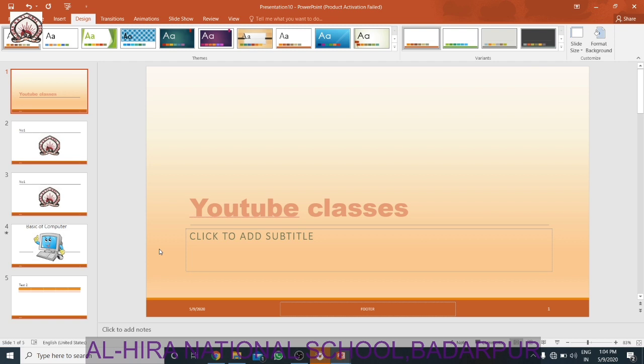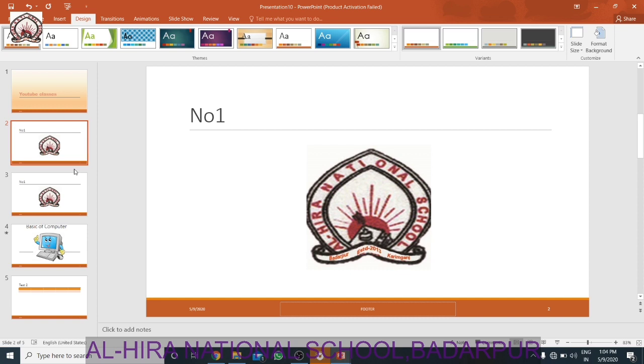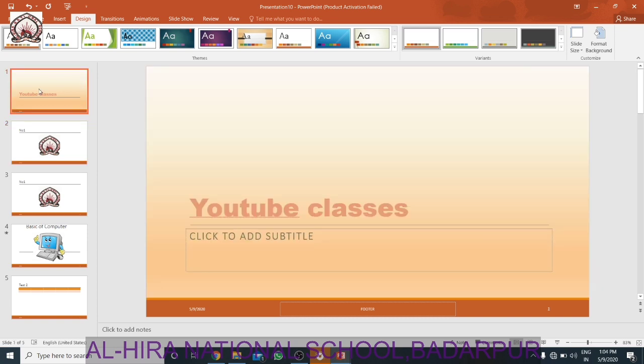So you can go from one slide to another slide by clicking with the mouse like this, or by using the down arrow from the keyboard, or you can also use the next button, with the mouse. If you click on it, you can go to a new slide. So I think this you have seen, this is how you can add a slide and a page number.